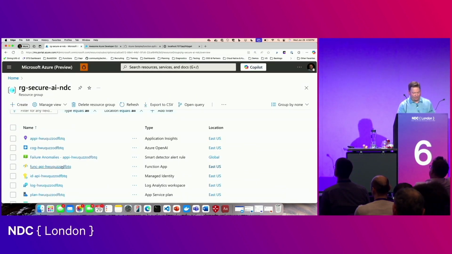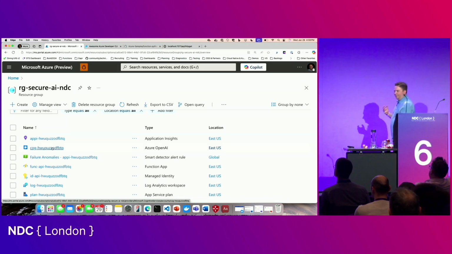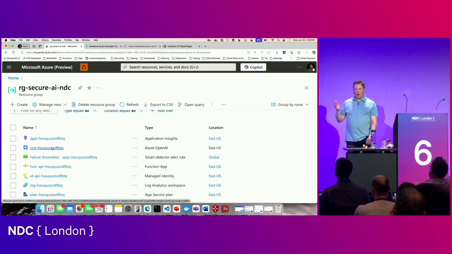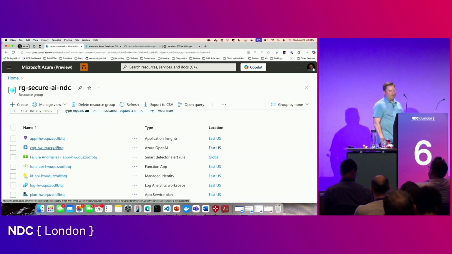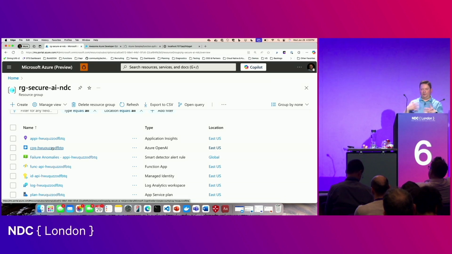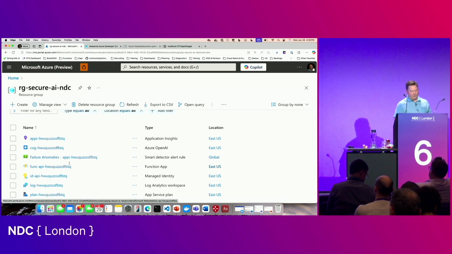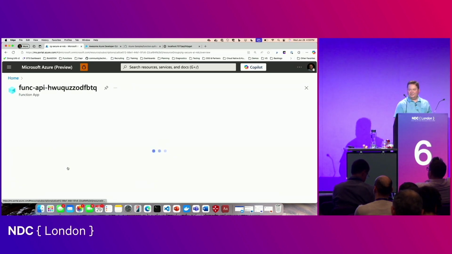All right, so in addition to the function and the identity, we're also seeing that it's using Azure OpenAI cognitive services. And in here, I have a GPT 4.0 model, which I'm going to use for embeddings. I'm going to use it for chat. Basically, this is a chatbot app, and I'll show you how it works in a second. Let's look at how we configured the function.